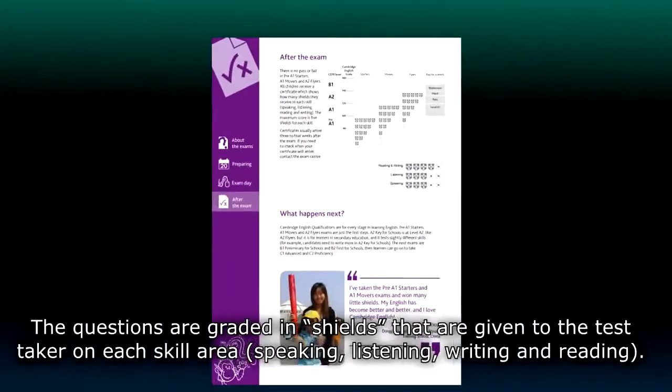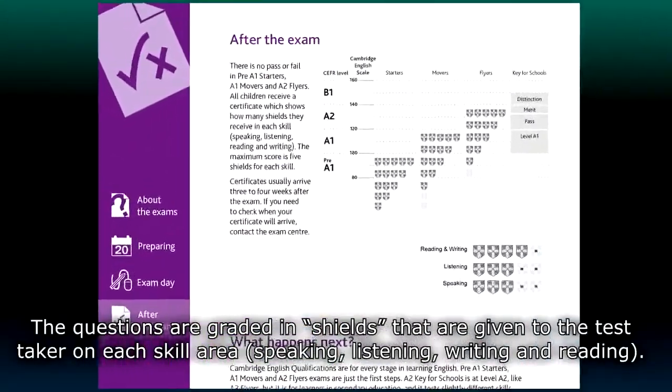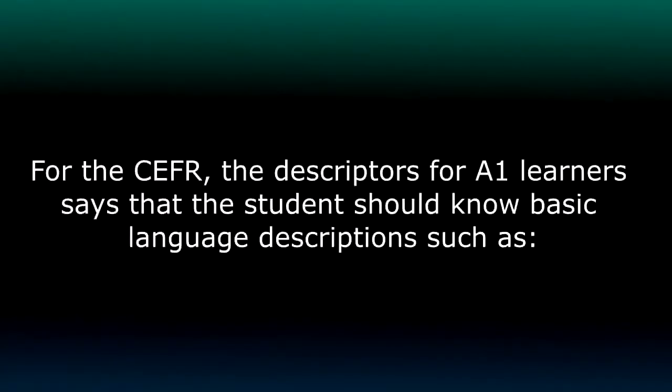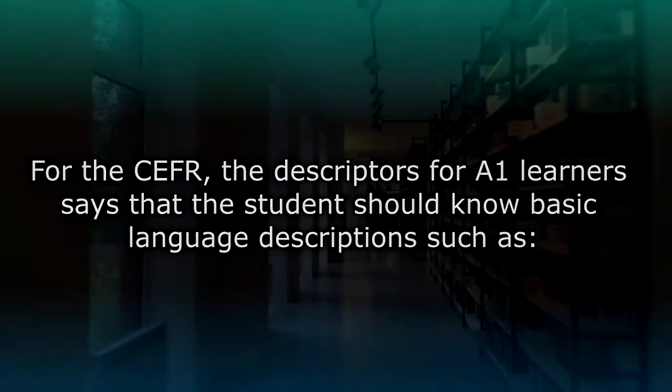So, how does Cambridge measure it? The questions are graded in shields that are given to the test taker in each skill: speaking, listening, writing, and reading. For the CEFR, the descriptors for A1 learners say that the student should know basic language descriptors, such as